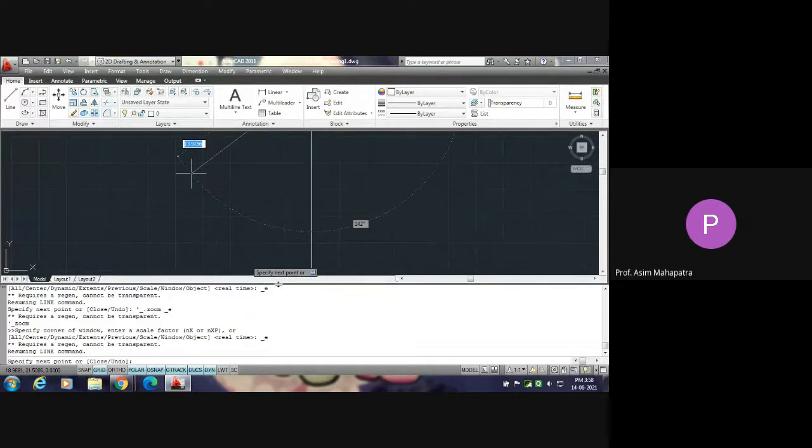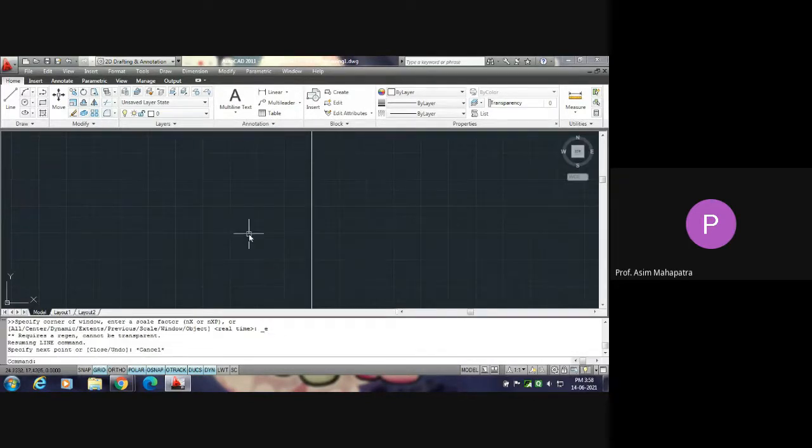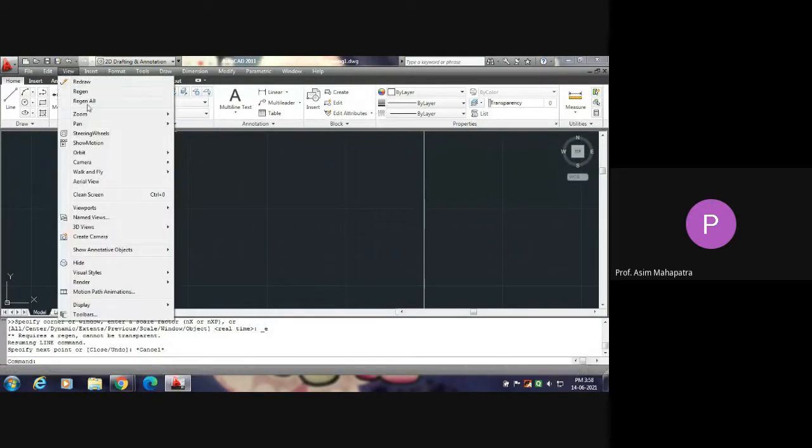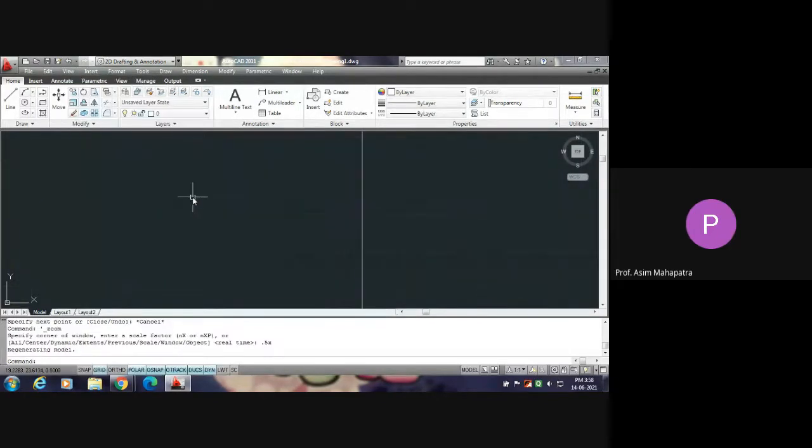Now my command bar is very large. Now the line is within the working area. I can still enter zoom out. So it is now zoomed out, smaller.